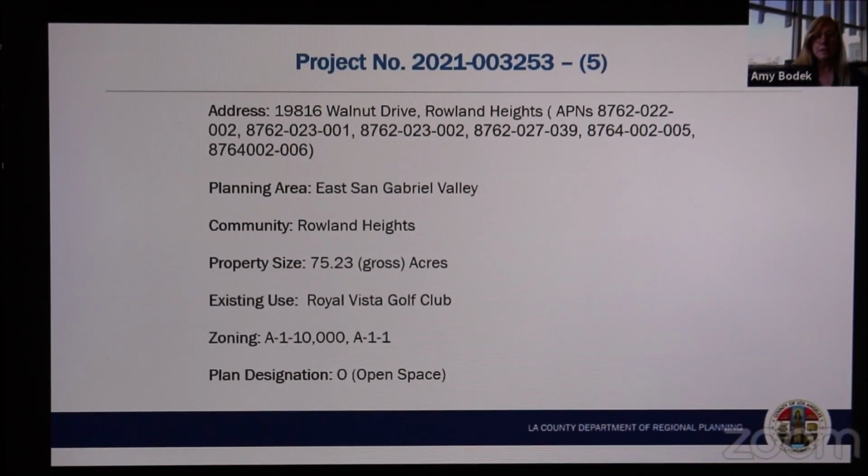The Rowland Heights Community Plan was established in 1981. It is the only plan within all of our plans within the department that requires the Planning Commission to initiate an amendment to the plan for a potential project. So instead of our usual scenarios where we present a project to you after completing an entire review process, instead, this plan requires us to ask you to initiate that process before we do any sort of analysis on the